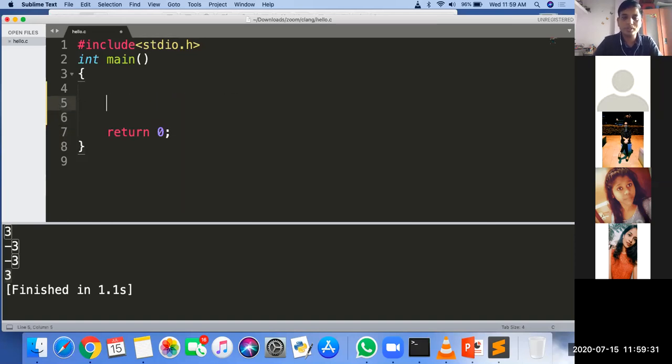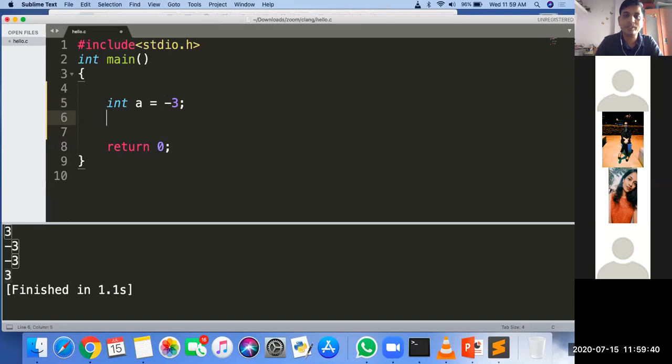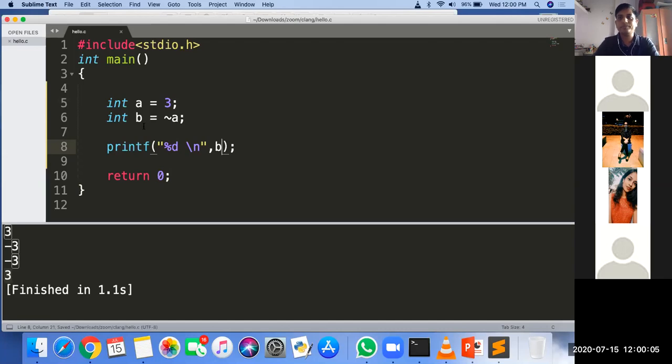Okay, so one more thing. Integer a is equal to 3 and integer b is equal to this one, and I'm printing %d, b.